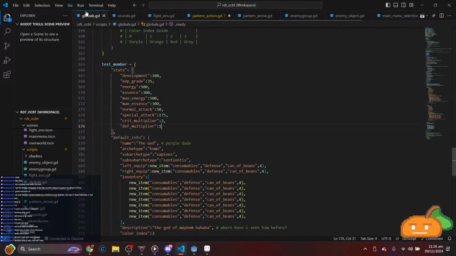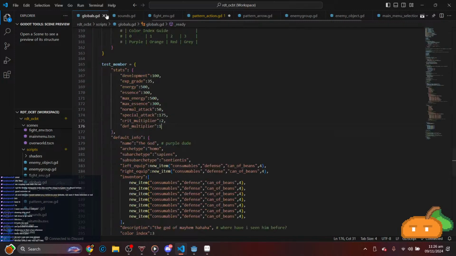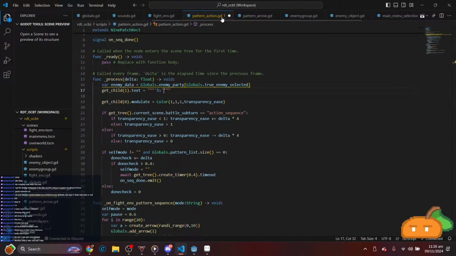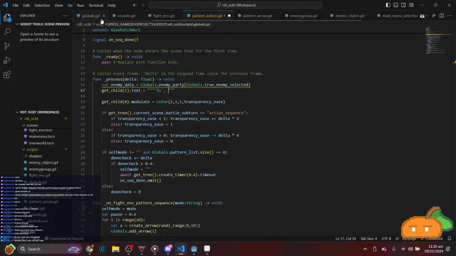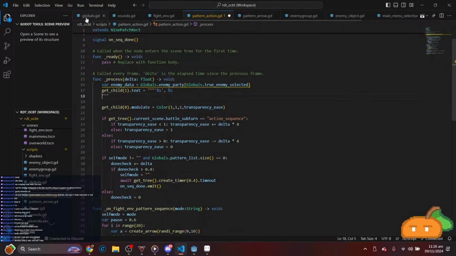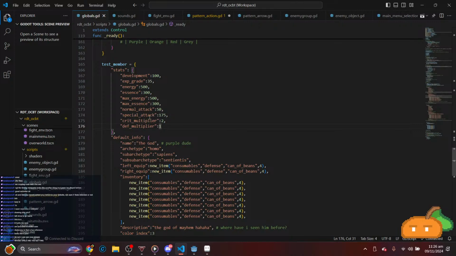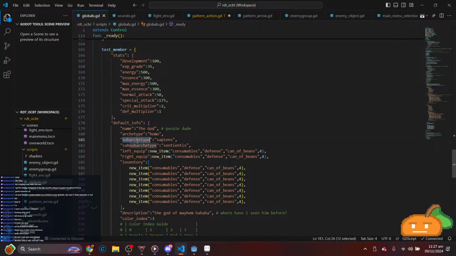And then I have other stats. Then another S string for the description. And then we're gonna have it display the stats. So like let's say there are Homo sapiens sentientis sub archetype. So